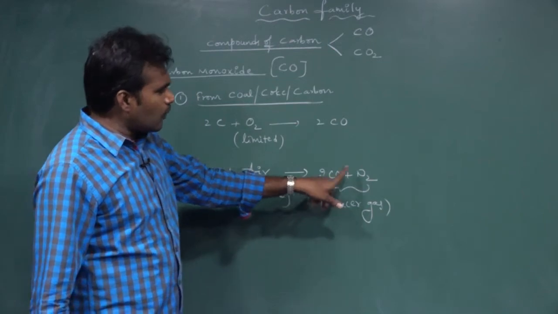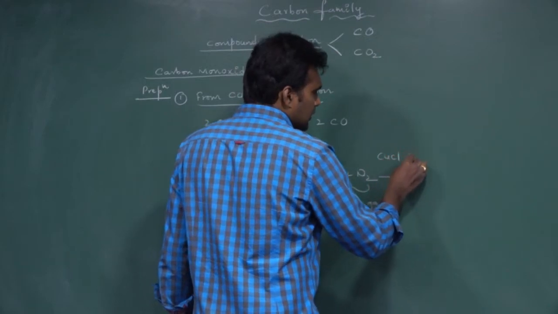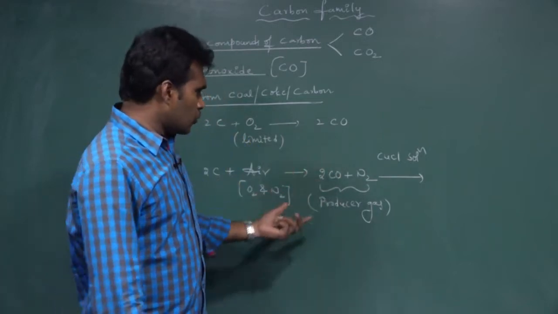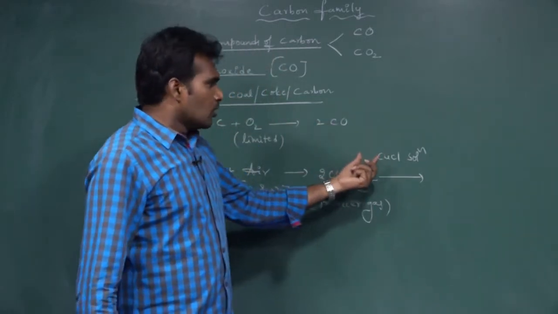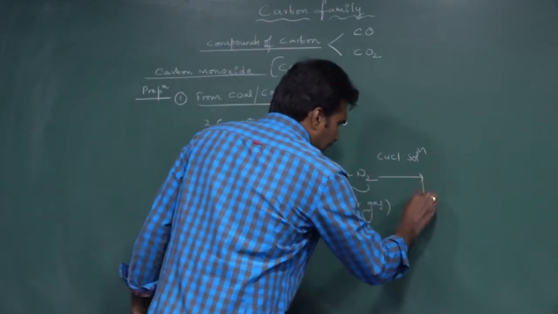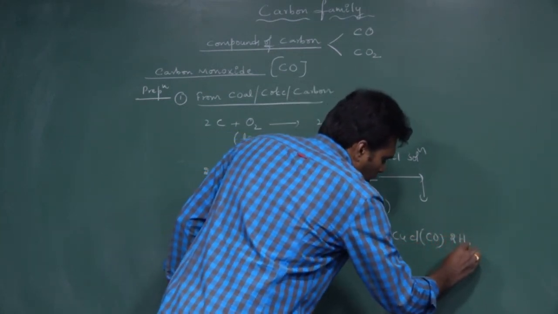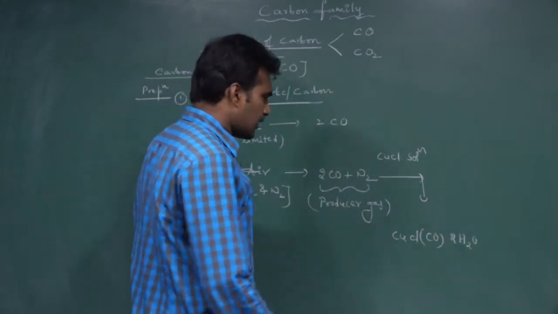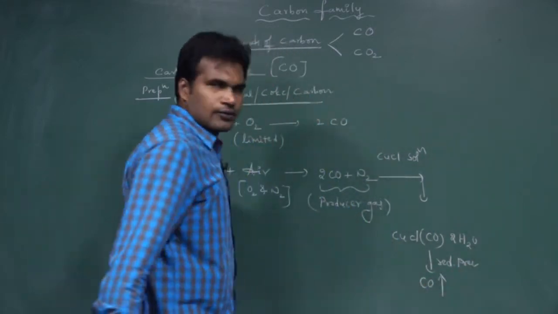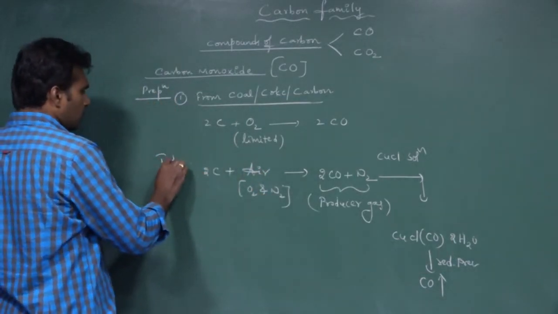But we need carbon monoxide. So to separate the carbon monoxide from this mixture, you send this mixture through CuCl solution, cuprous chloride solution, under high pressure. So when you send this mixture through the copper chloride solution, we will get a solution like CuCl.CO.2H2O. So a kind of solution mixture will come. Under reduced pressure, CO gas will liberate.